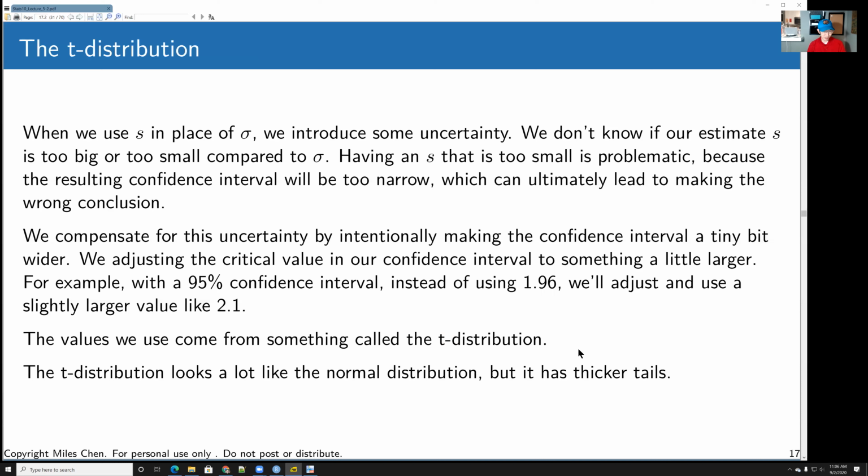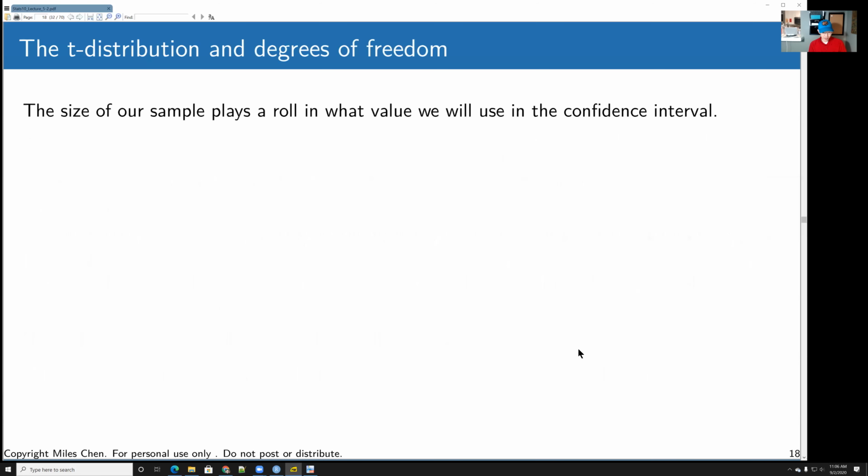But when he published it, Guinness Brewery didn't want their name associated with their employees' publications. So he had to publish under a pseudonym, which he just said was from a student, like a student of math or something. And so it's known as Student's T distribution, but William Gossett's actually the man. So anyway,